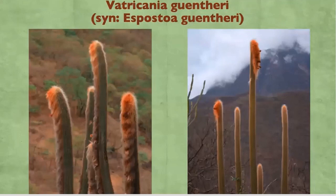This was one of my favorite cacti that we saw, Vatricania guntheri, and they used to have this synonymized with Espostoa, but it's really, really far from all of the other Espostoa. If it was, it would be the only one in Bolivia. All the others are north of Lima, like 1,500 miles as the crow flies away. So it doesn't make a lot of sense geographically, and there is a genetic study that separates it as a